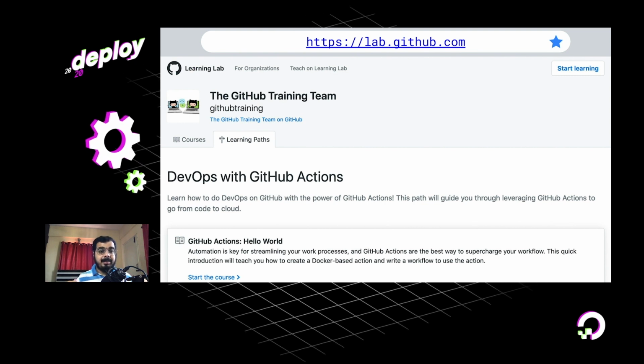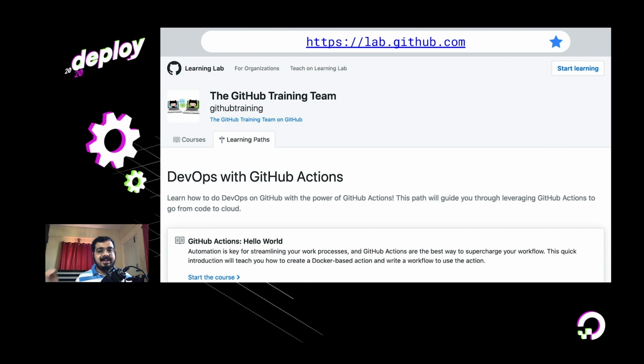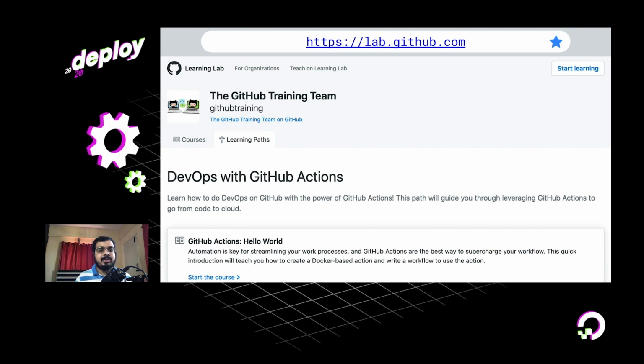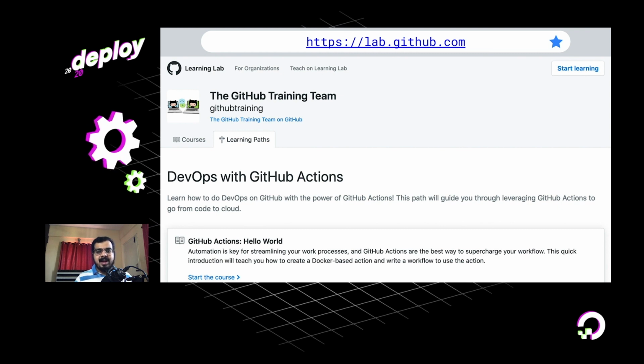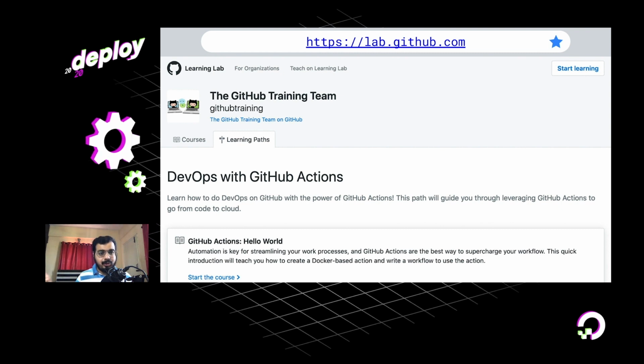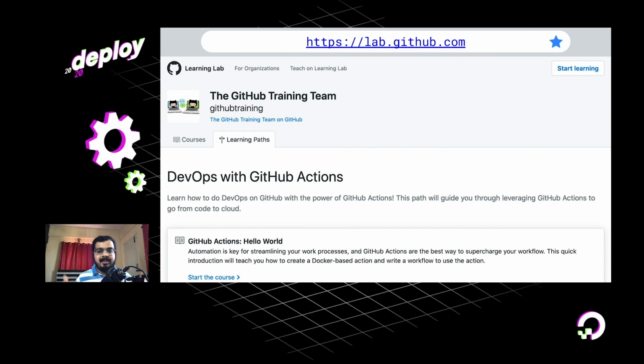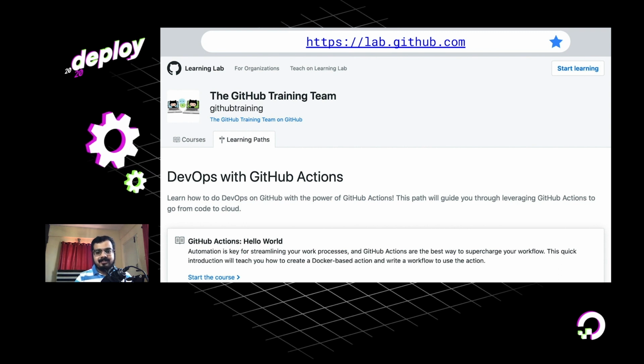And the great thing about the learning lab courses is it all happens within GitHub. So you interact with the code right within GitHub and build the action and use your GitHub workflow itself to learn things the GitHub way.